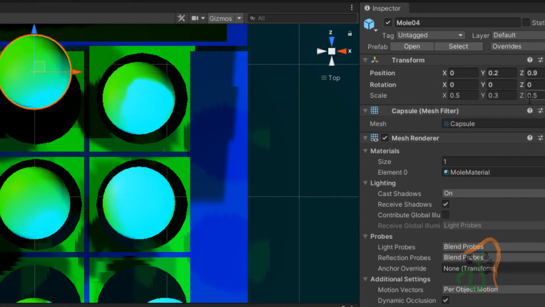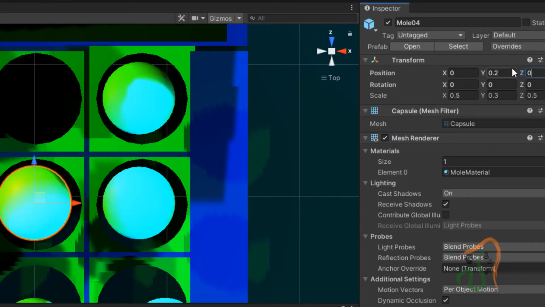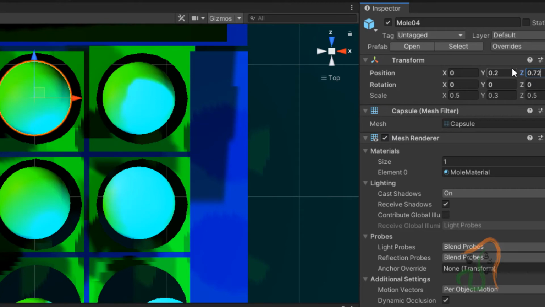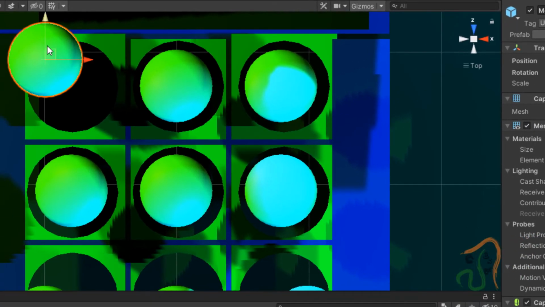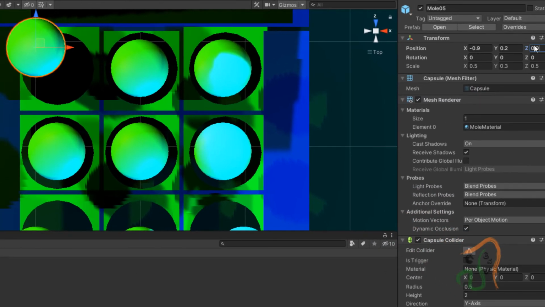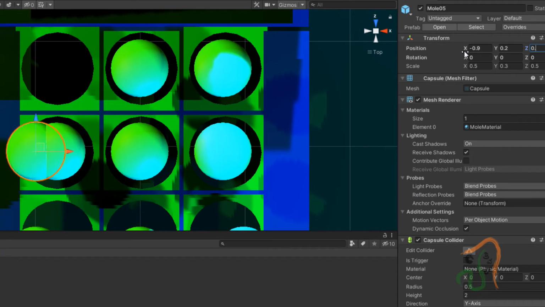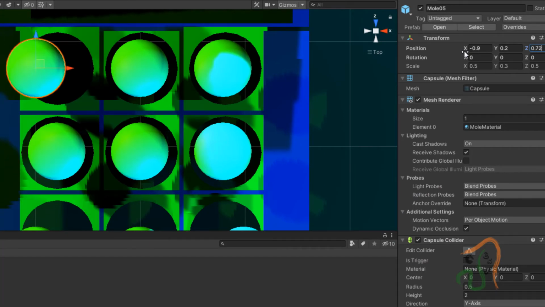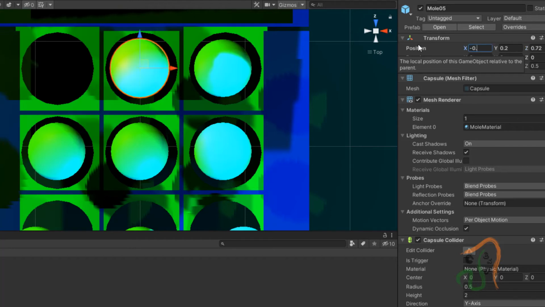Similarly, select this and set the z value to 0.72. Okay, this is fine. Let us select this and set the z value to 0.72, and along x we have to set it as minus 0.72.